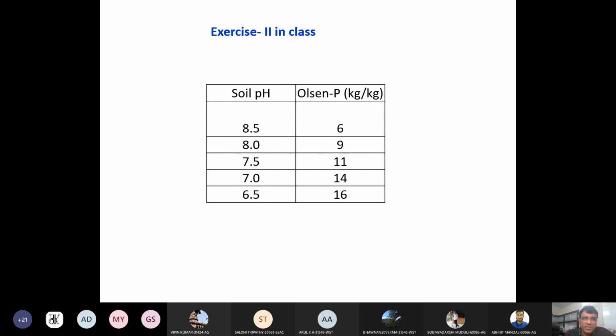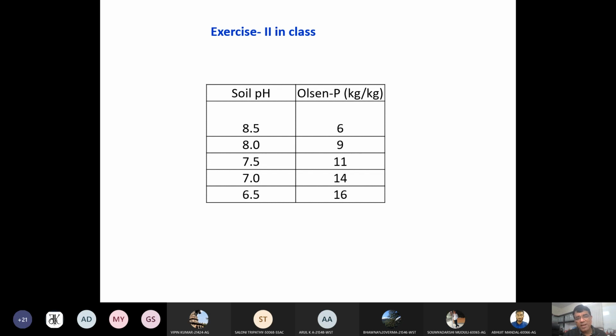And this is another case where you get soil pH and the Olsen P. What is happening here? Soil pH is decreasing and Olsen phosphorus is increasing. So you can see it is a negative relationship, negative correlation. So in this case also you can develop the equation. You can see whether it is a linear relationship or quadratic relationship or some other kind of relationship.